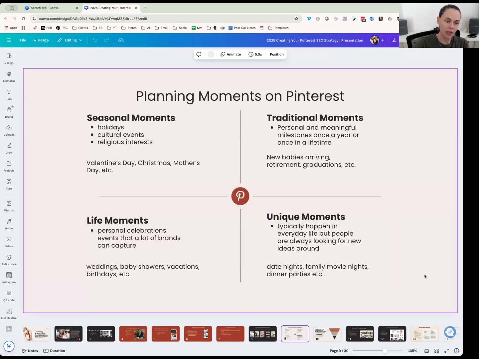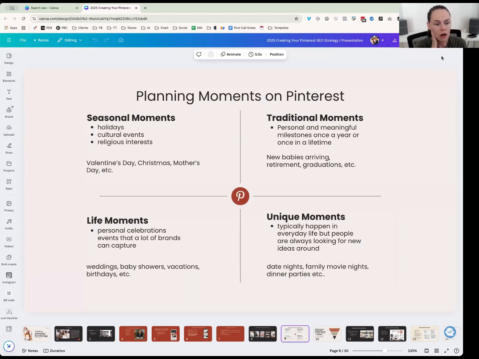Planning moments on Pinterest are bucketed into four big, very broad categories. We have seasonal, which are things like holidays or cultural events. If you have anything seasonal among your products, it could fit in here, like religious interest if you're teaching the history of religions, or cultural events.